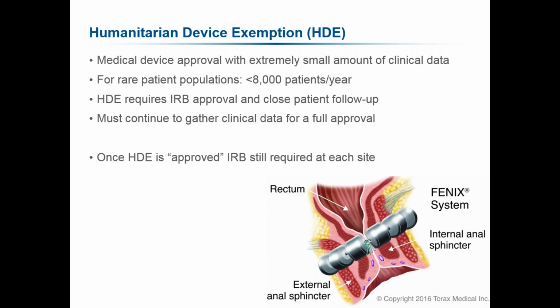So what FDA has done is said, okay, there's a small number of patients that would benefit from this device, less than 8,000 patients a year. You've done a small clinical trial to demonstrate it's effective, but it's different enough and risky enough that we don't want to do a full PMA and we don't want to do a 510K. It doesn't really fall in either one of those buckets. So we're going to call it an HDE because it has a small patient population and it has some significant